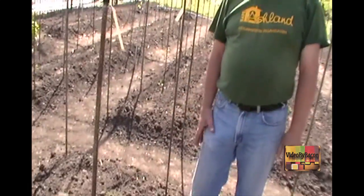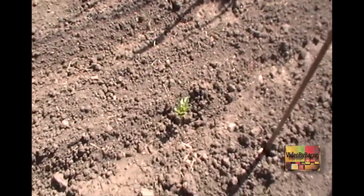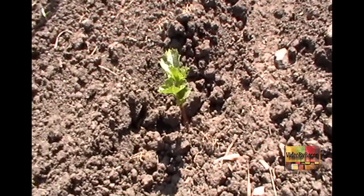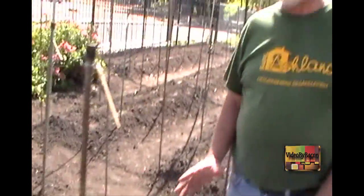We have planted our roots already, our tubers, and some of them have started to come up. One of the things we'll do when we plant the tubers is put them in, put some fertilizer down, and I'll show you that a little later. We'll water them in very well, and then we won't water them again until after the majority of them come